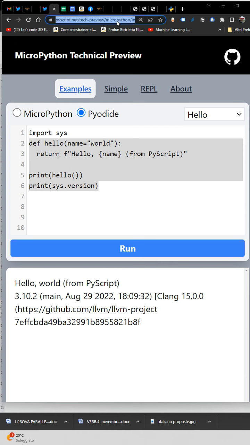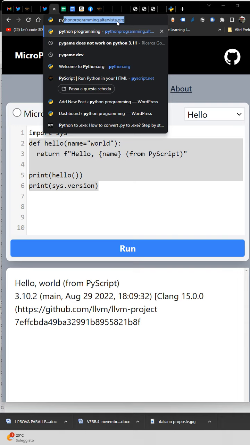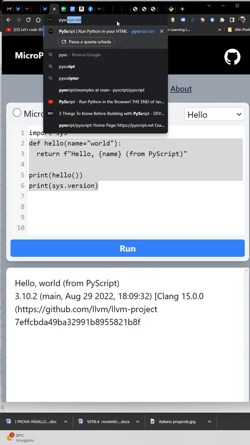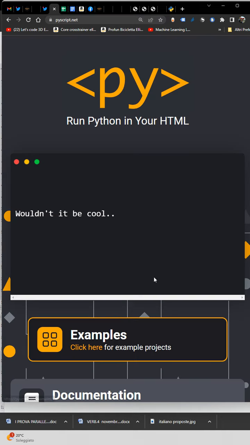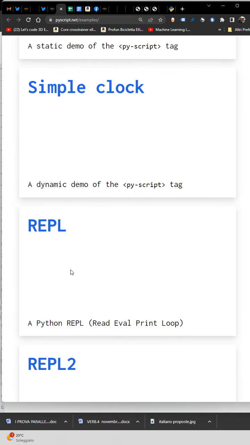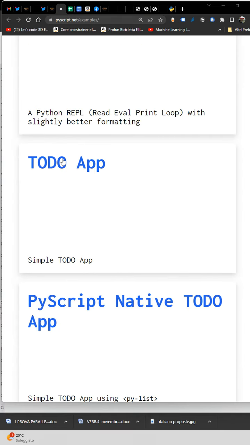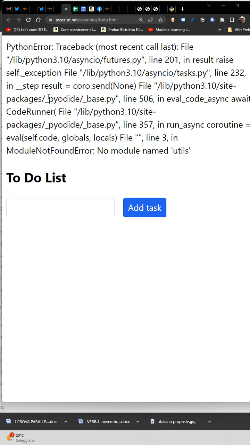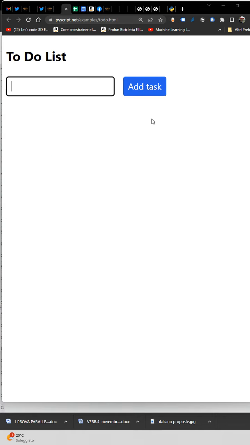There are other examples, as I said, on the page of Pyscript, and so just to check another one, we can see a clock or Apple or the to-do app. Let's see this. It's very nice. Sometimes you can find some errors, and you can make your to-do list here,